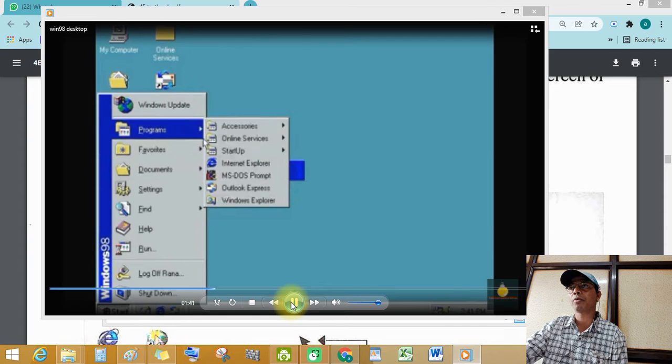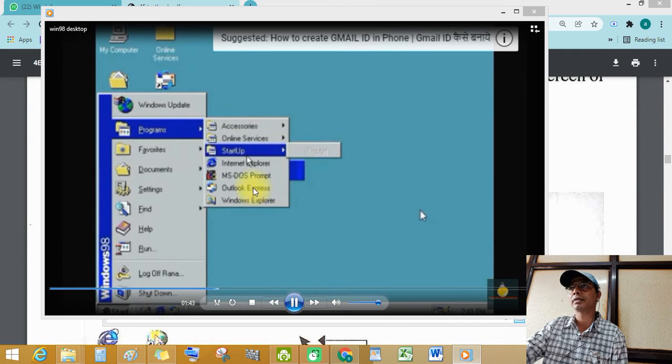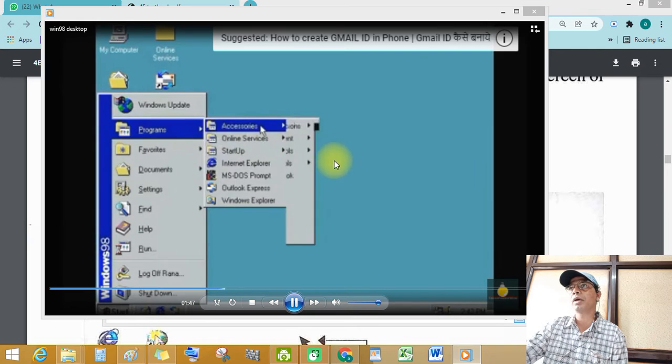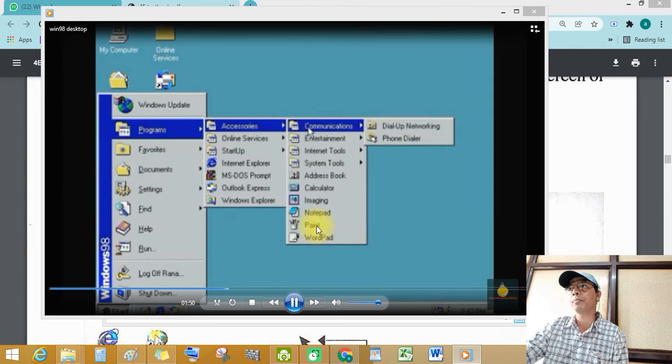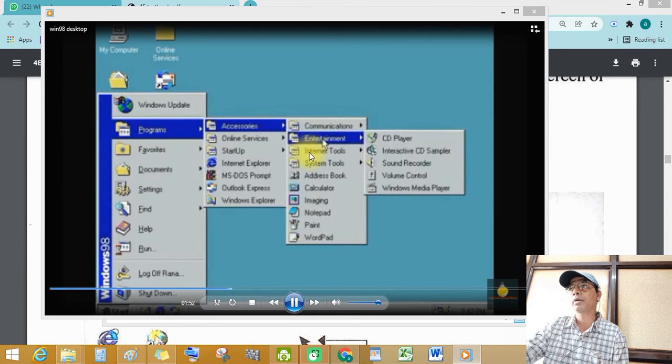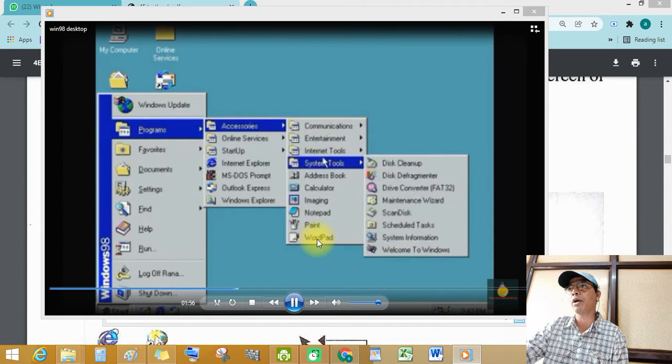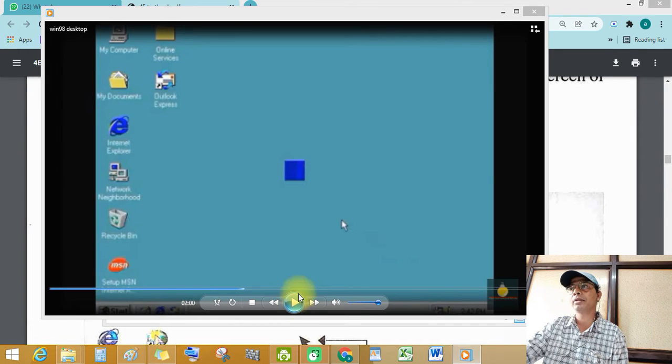See this program, accessories, startups. See these sub menus. See this paint program, entertainment, calculator, imaging, notepad, wordpad. Okay, so this is the mouse pointer.